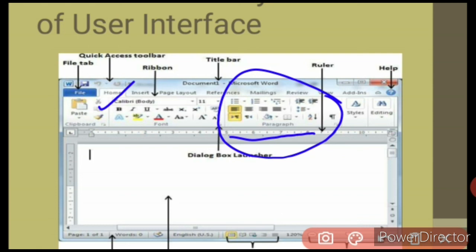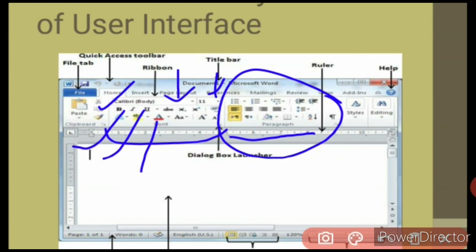But here you can see we have a font group. In the font group, these options, bold, italic, font face and font size, are there. You just have to focus on it. Bold means if you want to highlight your text, change the appearance of your text, you just have to click on the bold option. Italic means the words will appear in a diagonal slant. Underline means you just have to underline a particular area.